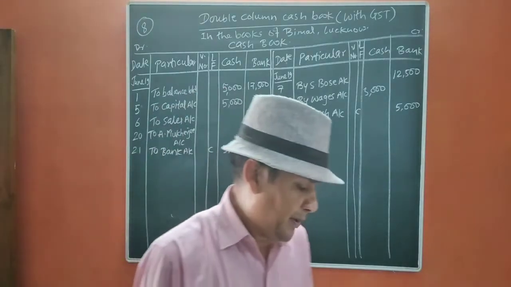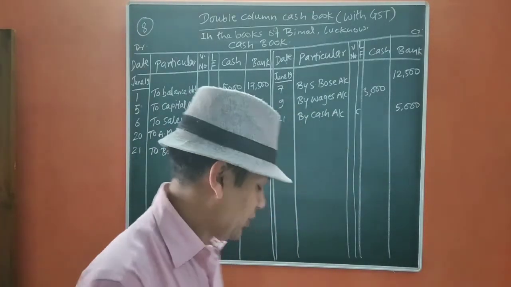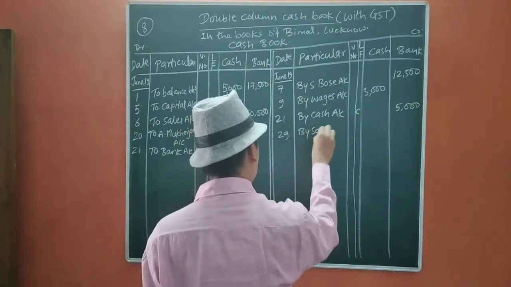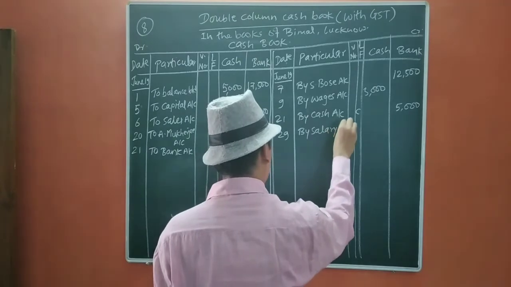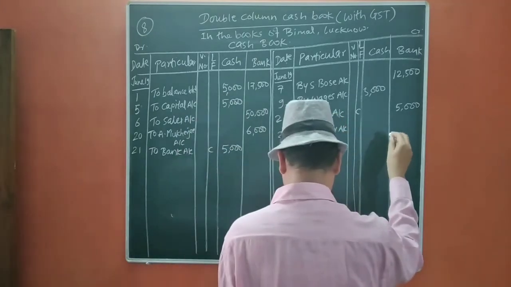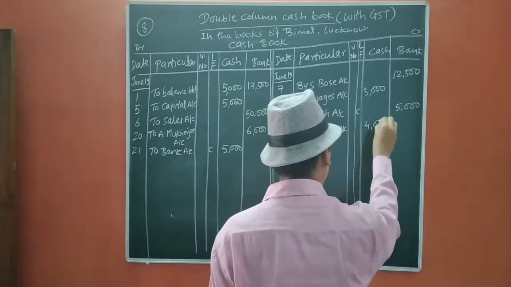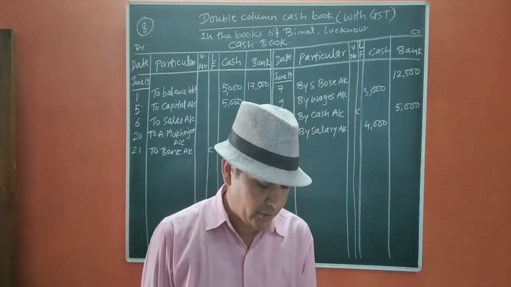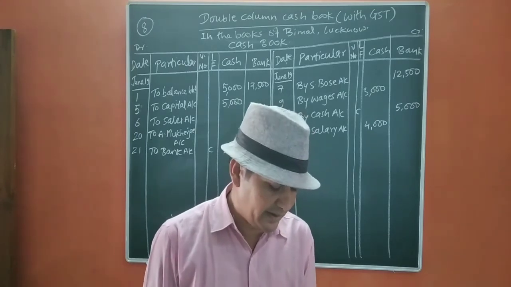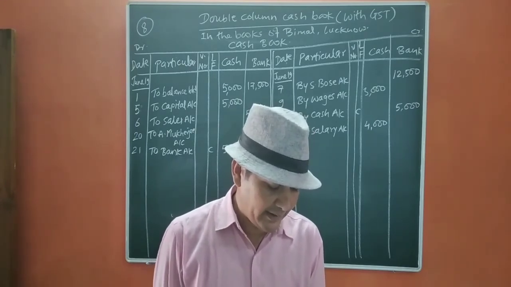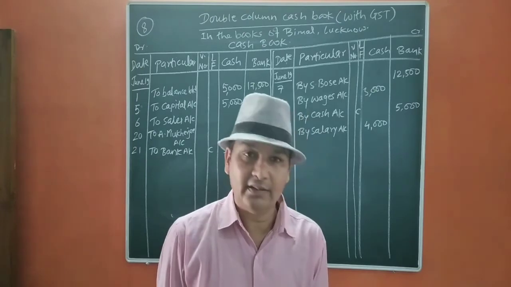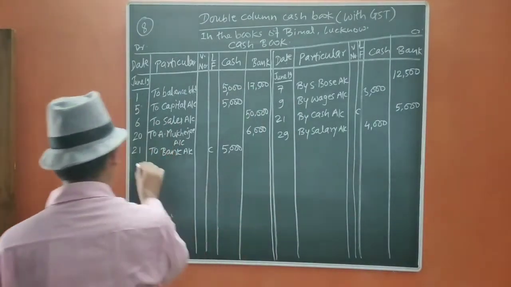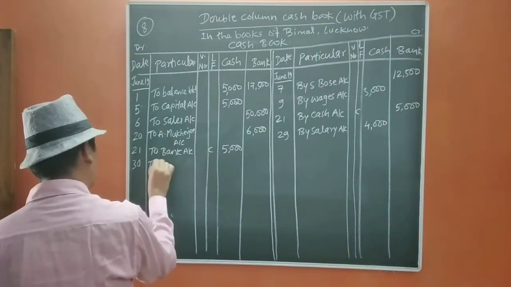June 29, paid office salary in cash 4,000. So on 29, by salary account, the amount is 4,000. Next, June 30 sold goods in cash for 8,000 plus CGST and SGST at the rate 6% each and banked the same. We are going to deposit into the bank. Okay. So June 30 to sales account,